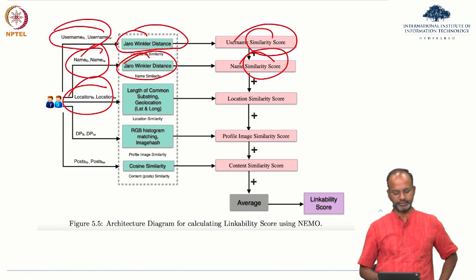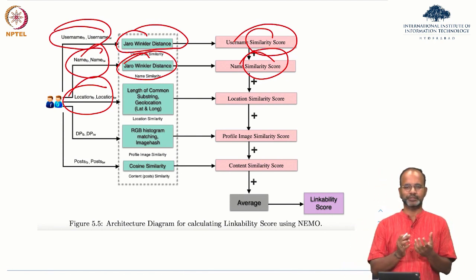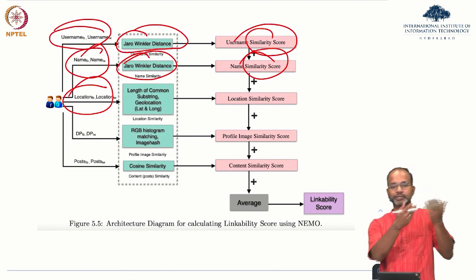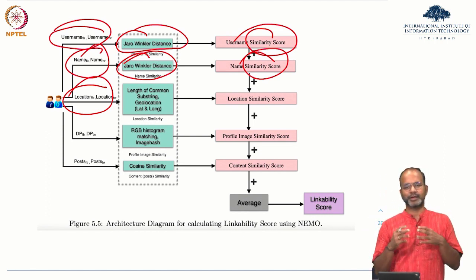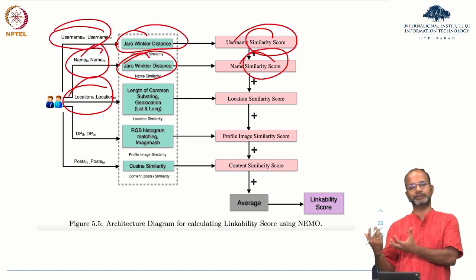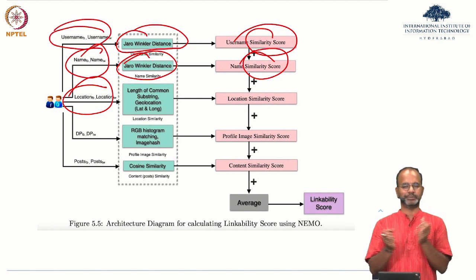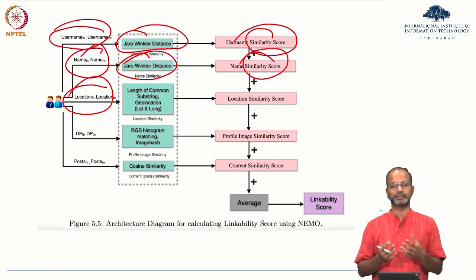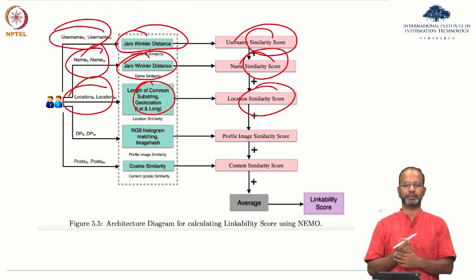Two locations given, right? Now you can find out substrings of the locations. Can you find out the lat long? Can you reverse look up the location? Let's take that it says I'm from Hyderabad. Can you reverse look up, get a lat long, and then in the different network get the lat long of the same user and compare the lat long, compare the text that says Hyderabad, Secunderabad, Cyberabad, all of that. Right, so that's what this comparison is doing, and then similarly a score can be got for a location.